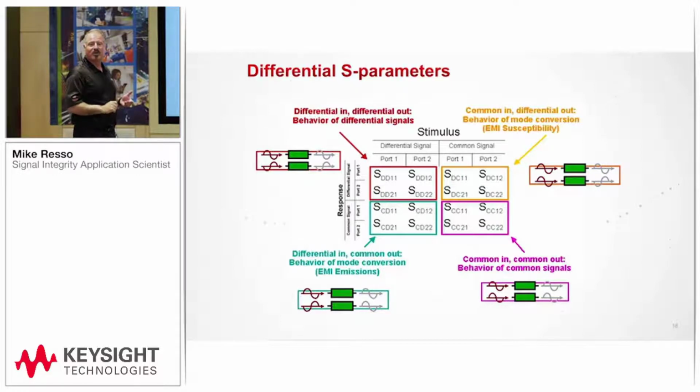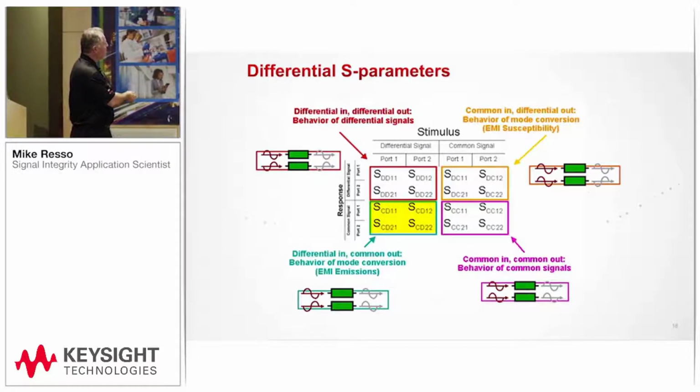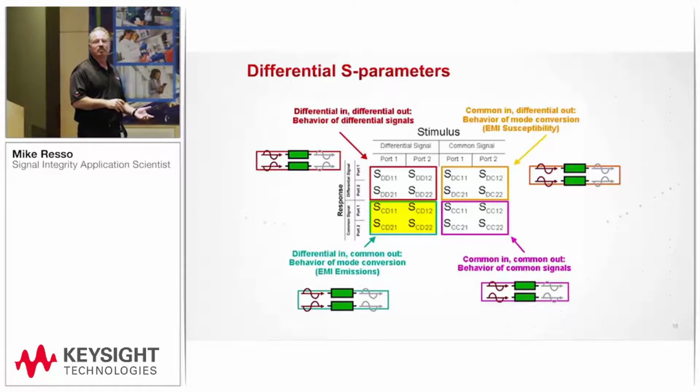This is what we call EMI susceptibility, which is a crosstalk problem. Okay? Over here, this quadrant number 3 is a little bit different case where we have differential to common signal